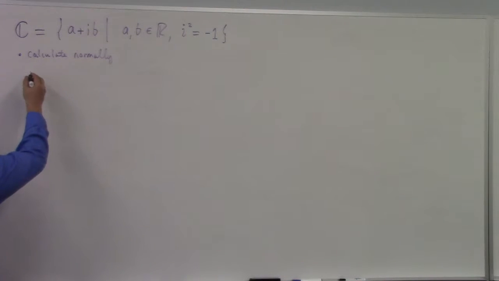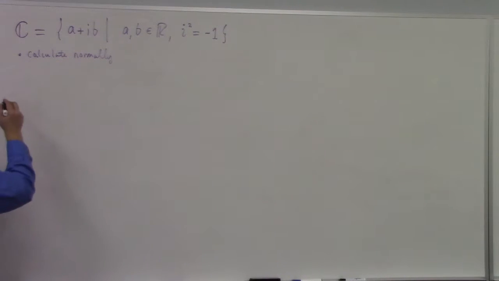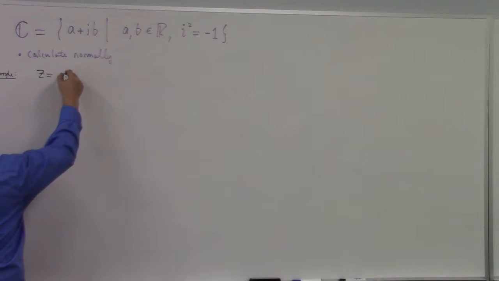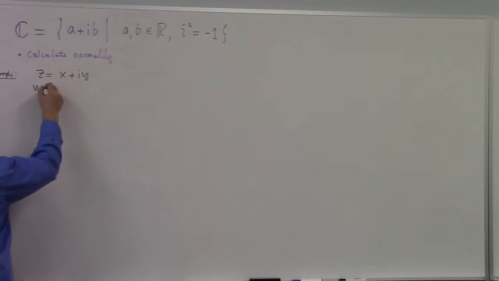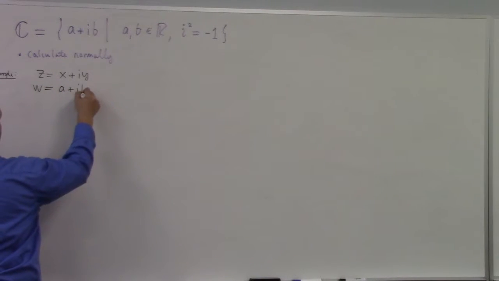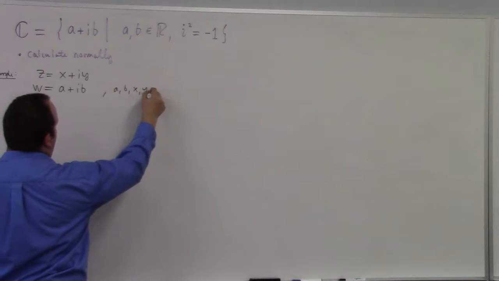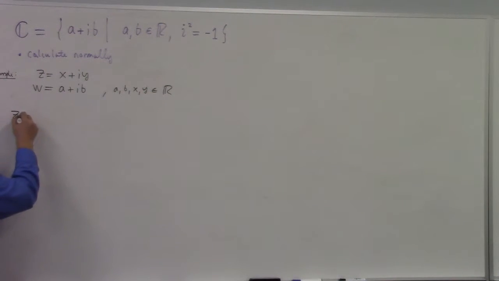The derivatives and integrals we'll get to in a second. One thing at a time. So, for example, if I have z equals, say, x plus iy, and w equals a plus ib, where a, b, x, and y are all real variables, if I multiply these complex variables, z times w,